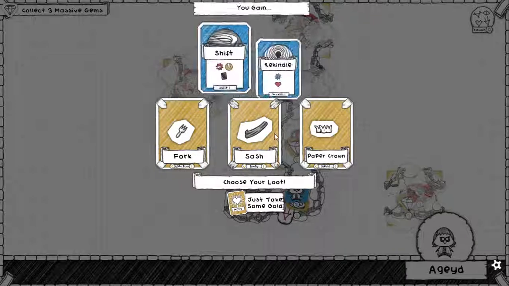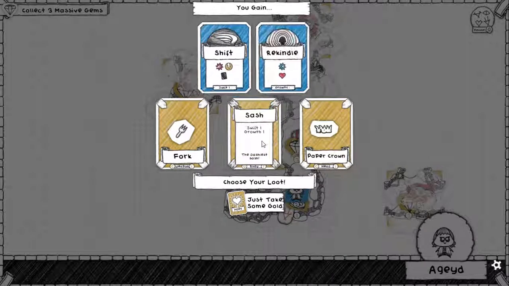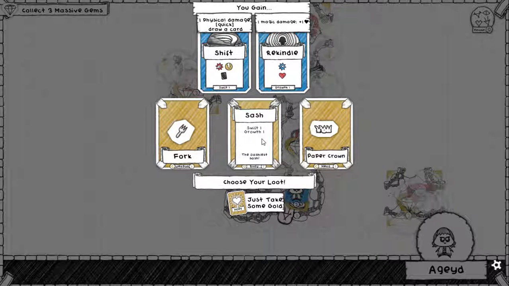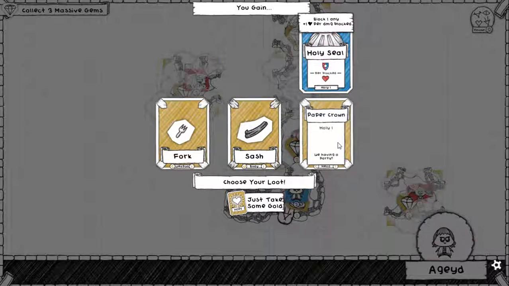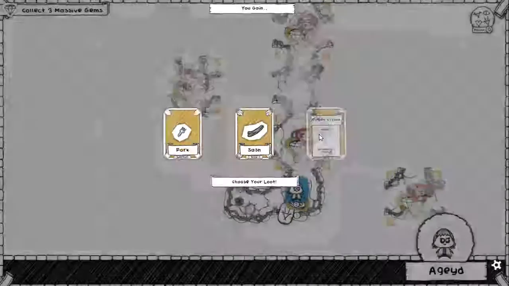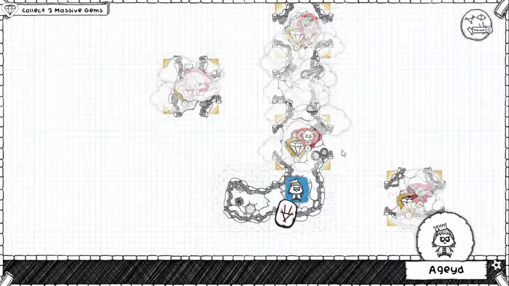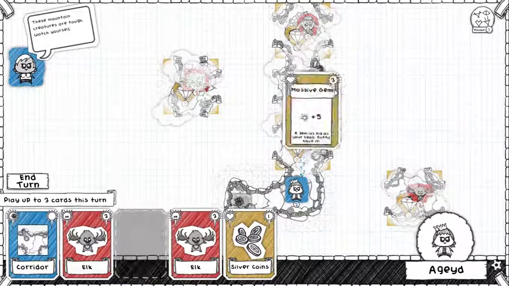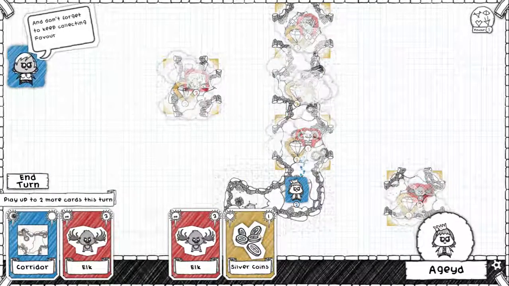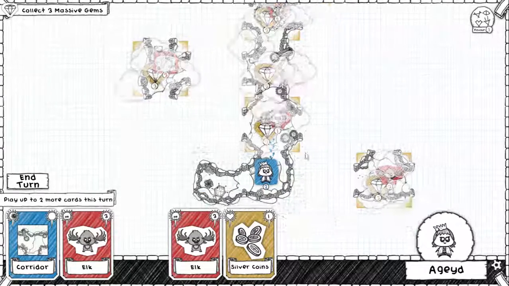I'll go with a paper crown. Yeah, I think the paper crown is where it's at. Although the sash isn't bad either. A flashiest sash as well. But again, we need the defense. We really need the defense. This is probably going to be replaced soon, but I really want to have this small bit of protection. We can place a massive gem here to make the scenario a bit shorter. We'll also go for the...